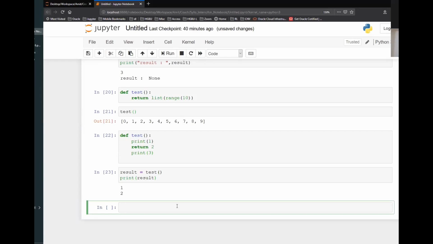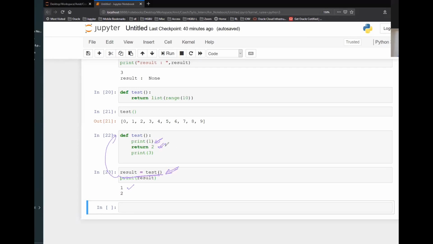Now how am I getting these values? The moment I call the function, I'm invoking this function here, the execution flow will jump to this function definition. Here I'm saying print 1, so it will print 1, right? Then return 2. So from here, it will come out of the function. The moment it sees a return keyword, it will come out of the function and come back to the calling environment.